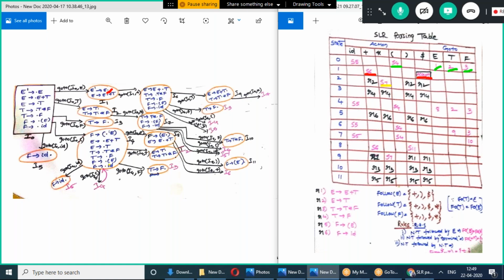So let us check. I4 on E, where did it go? I8. So I4 on E, it is going to I8. So instead of writing I8, just a numeric value, I wrote 8 here. Understood?